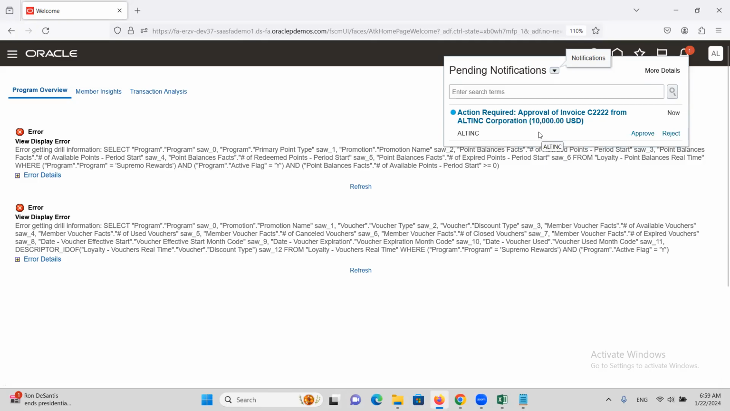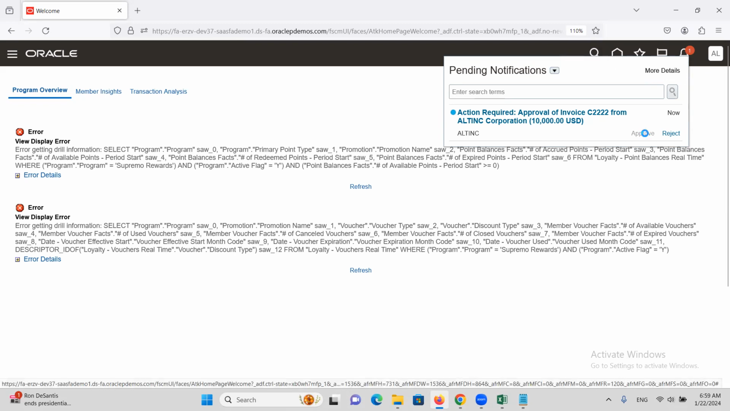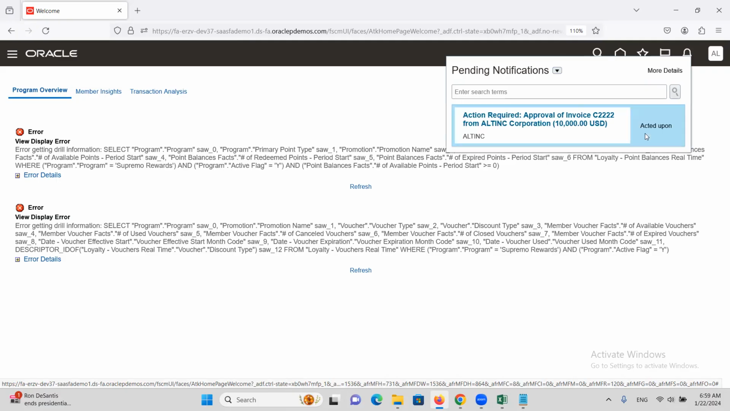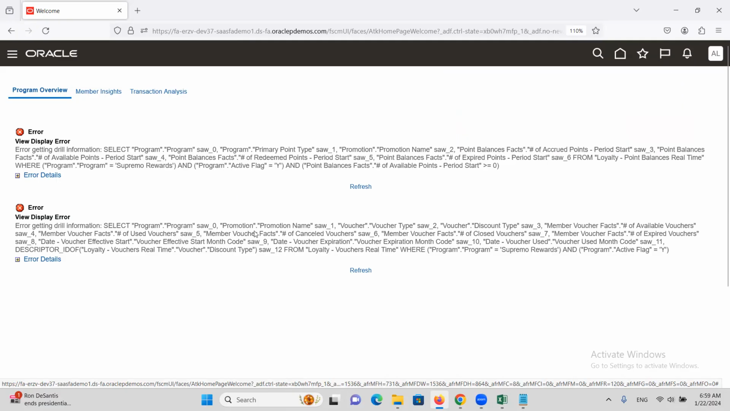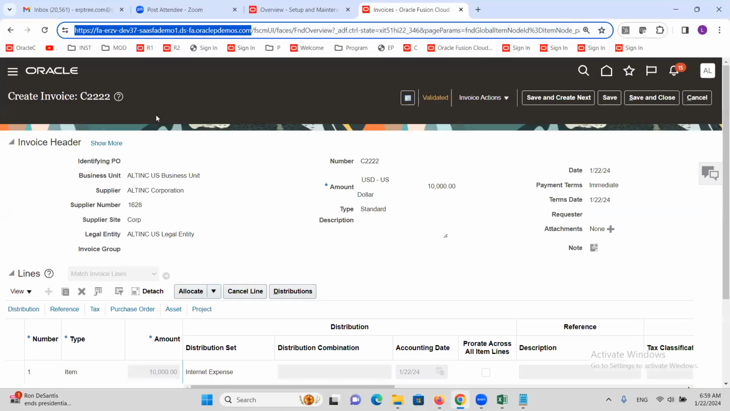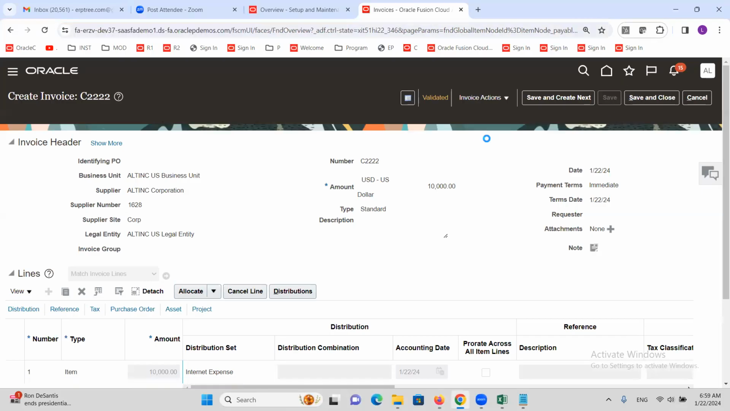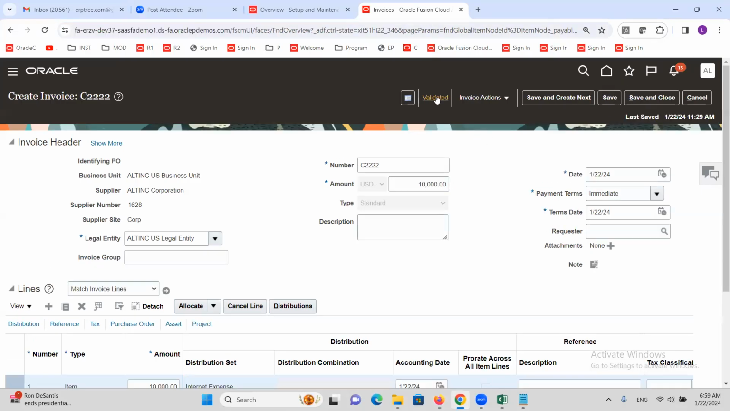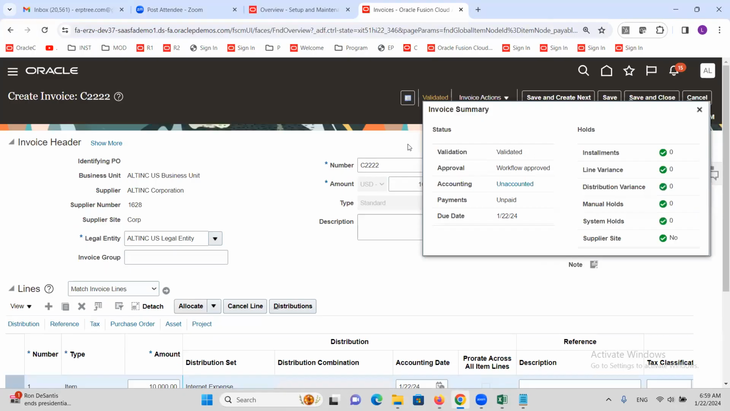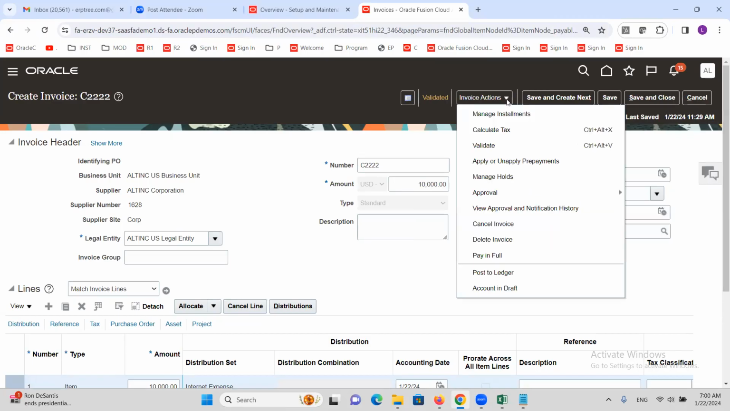Why is the notification coming to Alt INCX? Because the invoice amount is more than 5,000. So this Alt INCX can approve it. Approve. Now go back to this page and check the status of approval. Workflow approved. Now go to invoice actions